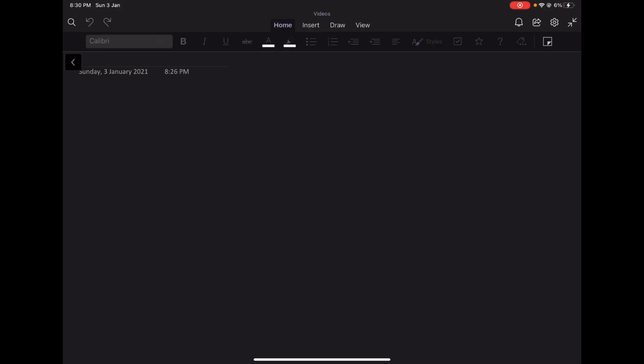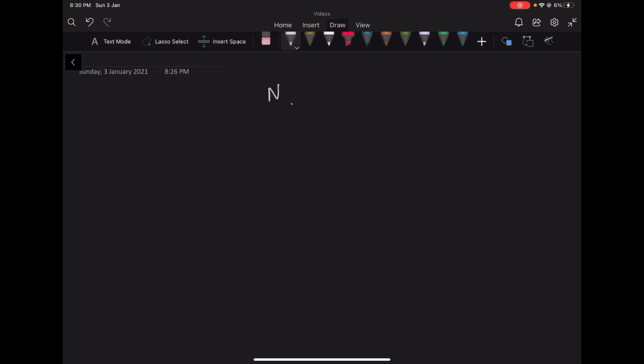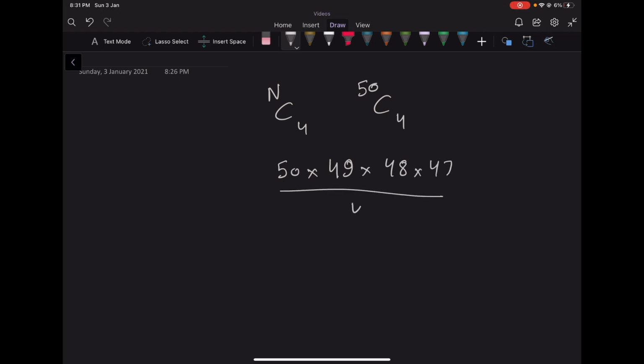So the first thing is, how many choices are there to take 4 elements? This will be equal to NC4. Now what are the bounds on n? N is actually of the order 50, right? So in the worst case, we will have 50 C4 combinations to check. So 50 C4 is something around 50 into 49 into 48 into 47 by 4 factorial. So we can approximate it as something like 50 raised to 4.